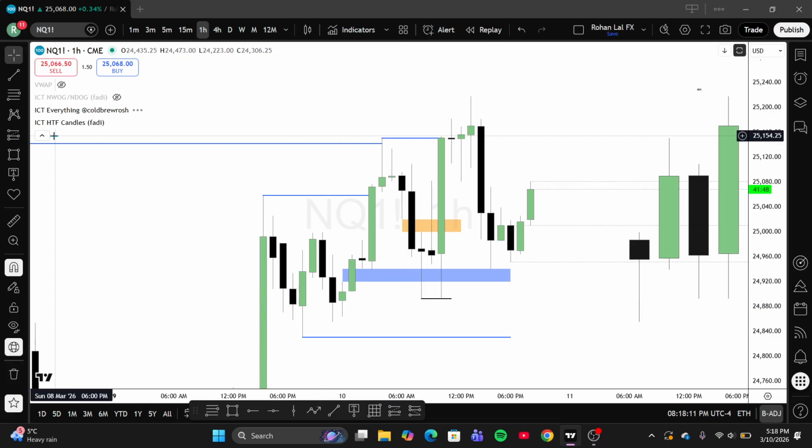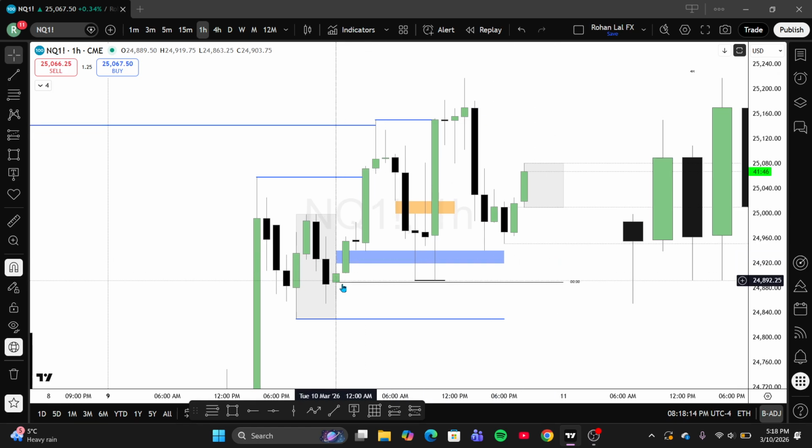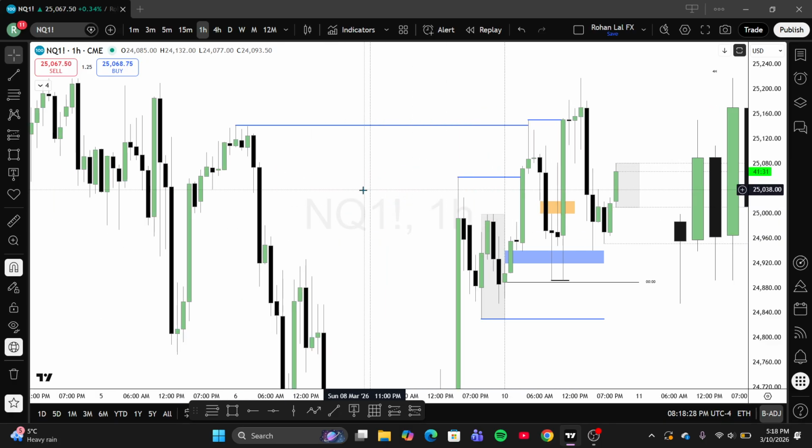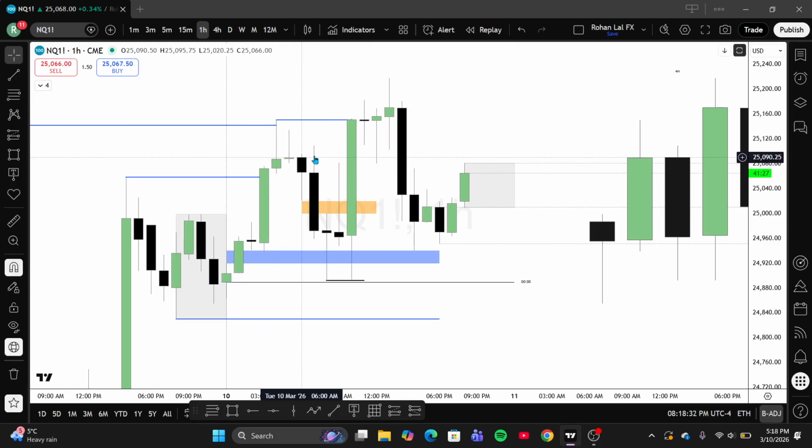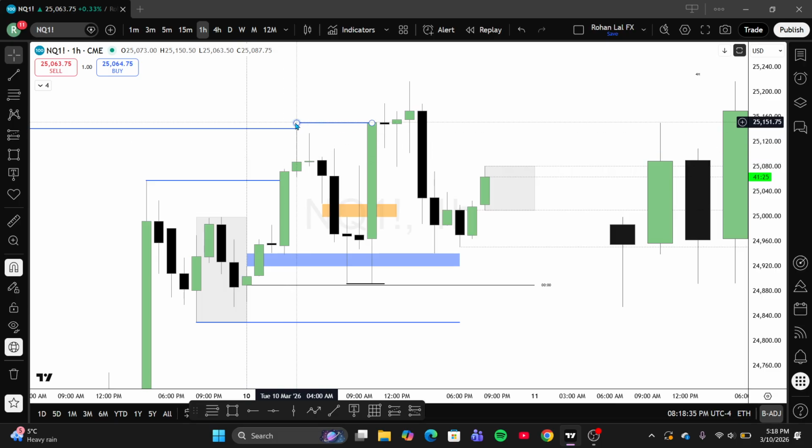Let's add our day dividers. So initially during the New York Open, we see the market trade higher. We expand during the London session, and we raid the previous daily high. So previous daily high has now been raided during the London session, and we also raid Friday's high here during the London session. Once we purge those liquidity pools, the market then trades aggressively lower, and we get a turtle